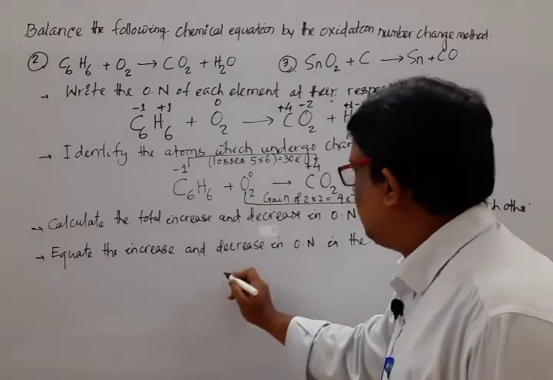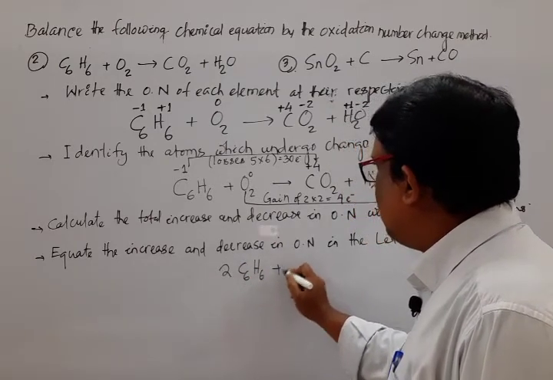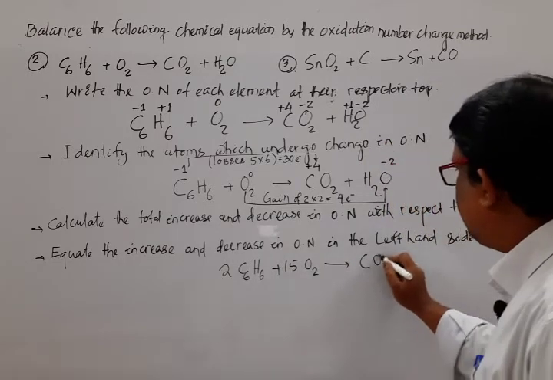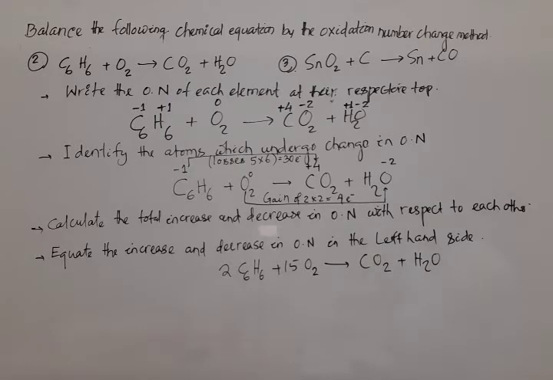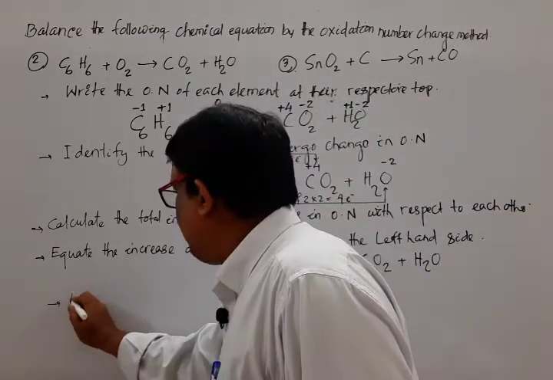That means 2C6H6 plus 15O2 give rise to CO2 plus H2O. Mark that. Now, multiplying by a suitable integer such that the total increase is equal to the decrease in electrons, then balancing. Last point, next point, balancing